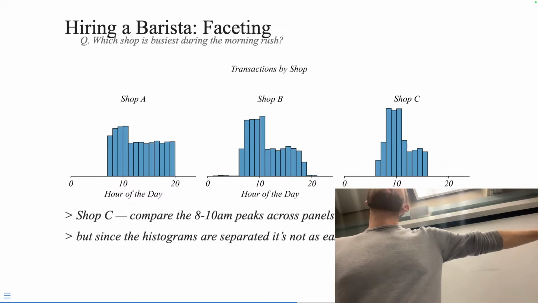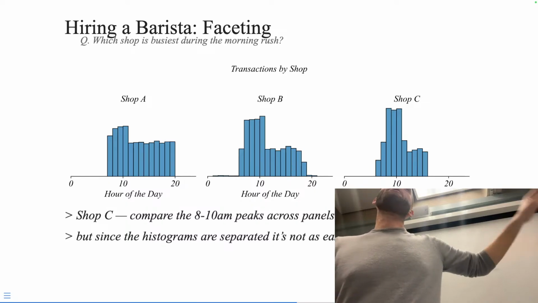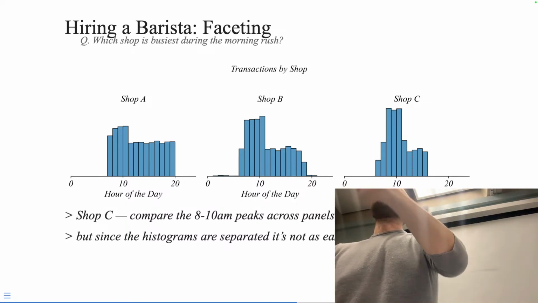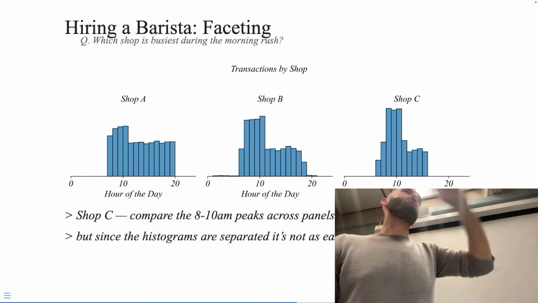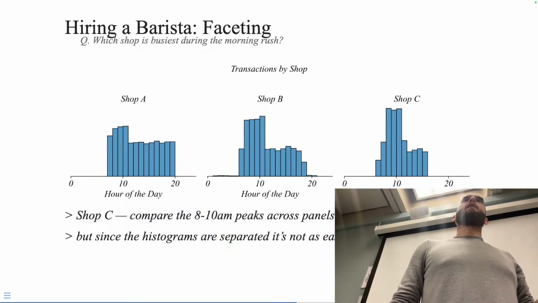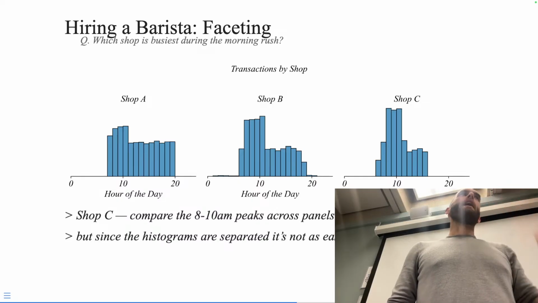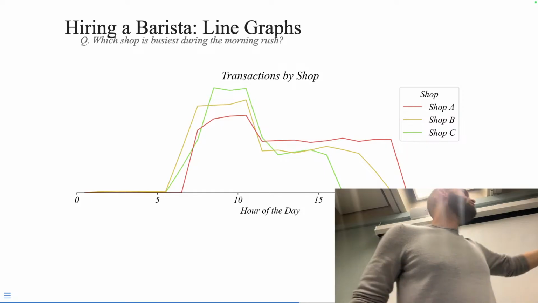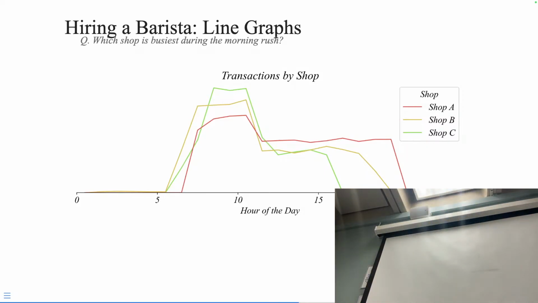So we can make the comparisons using facets, and facets are really good at showing us distribution comparisons, right? Like we can see the shapes of distributions very easily across facets, but for making height comparisons, facets aren't the right approach. What turns out to be the right approach is something that looks like this, where we have lines by shop. This is very similar to the original figure I gave you, except here we've removed all of the extraneous detail. I've pulled out all of the bar component of the histograms and just drawn a line across the tops of each one of the histograms and then separated by